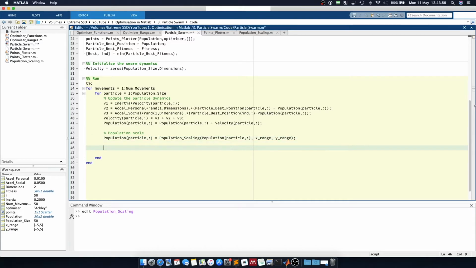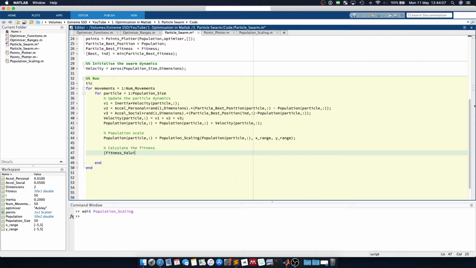We can now calculate the fitness, and we will say that the fitness value and the target is equal to optimizer functions, and we pass in population particle 1, population particle 2, we pass in the optimizer, and we query at mode optimizer. We can then say that the fitness of the particle is equal to the fitness value,